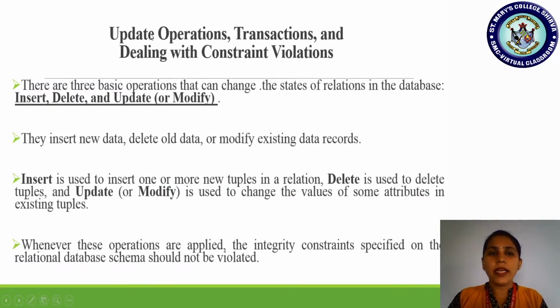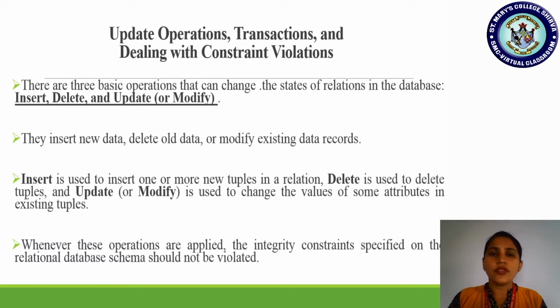So what do we mean by update operations? Till now we have understood the terms database, relation, domain, schema, attributes, tuples, and the integrity constraints, the various kinds of integrity constraints. So we can perform certain operations on the data, or the records we have inserted in the database. If there are various relations in our database, and those relations hold certain records, those records can undergo certain operations, and those operations are termed update operations.